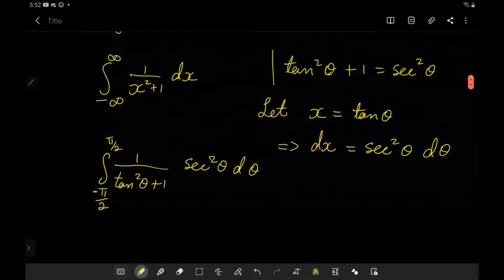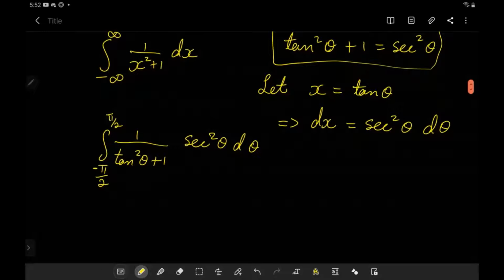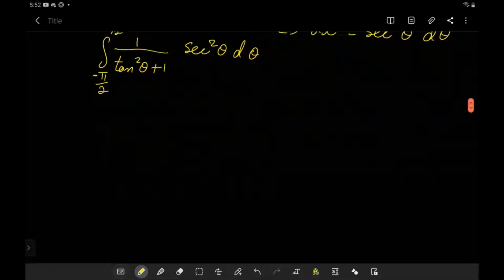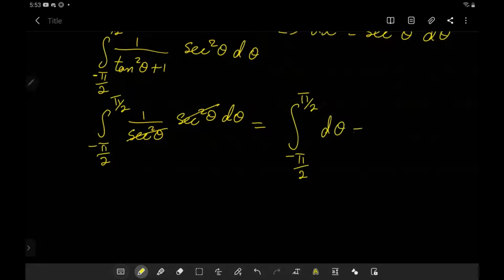And from this fact that we recalled earlier, we see that tan squared theta plus 1 is equal to secant squared theta. So what we have is the integral from minus pi over 2 to pi over 2 of 1 over secant squared theta times secant squared theta d theta, and we can finally cancel this out. And we are left with the integral from negative pi over 2 to pi over 2 of just d theta, which happens to be theta,